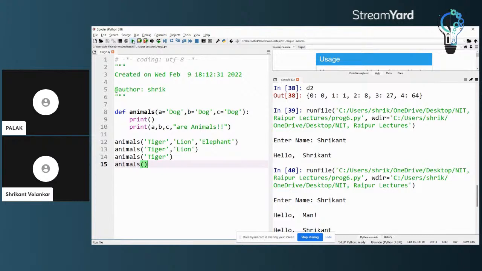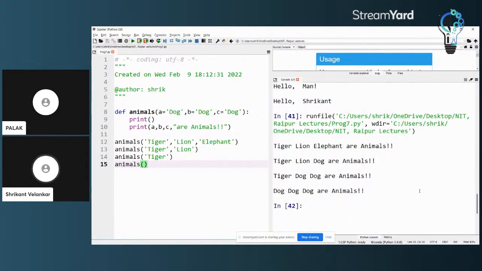Okay, let's run this. You will see that what has happened is: tiger, lion, elephant are animals. Tiger, lion, dog are animals. Tiger, dog, dog are animals. Dog, dog, dog are animals. So how it works is pretty simple. If you pass only one parameter, the first parameter will be replaced. But which parameter actually got replaced? We are not clear. So what I will do is I will say dog 1, dog 2 and dog 3,